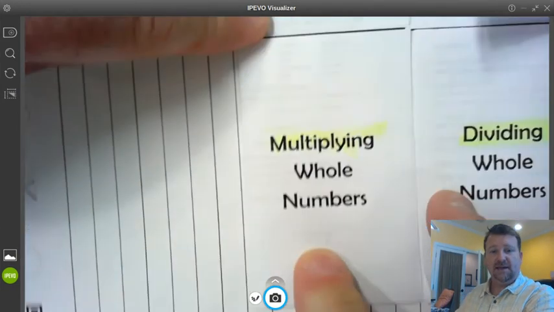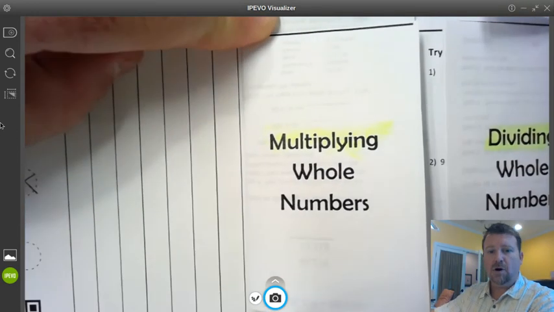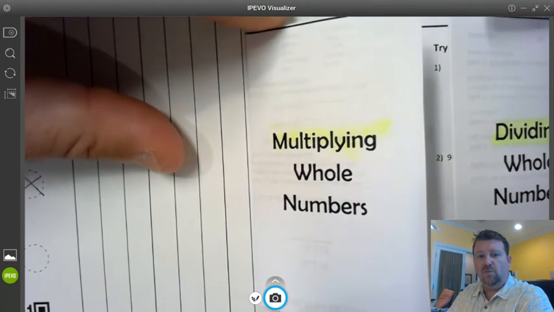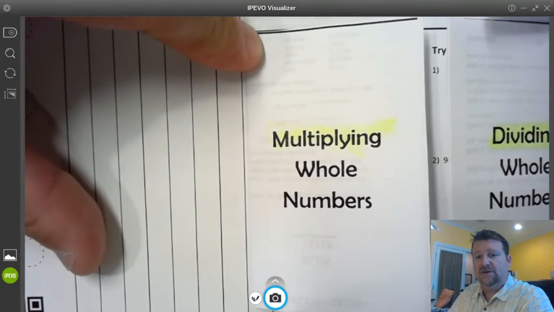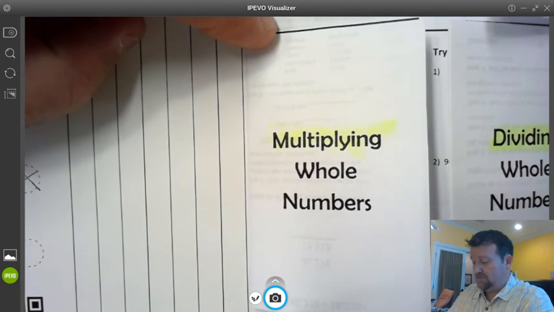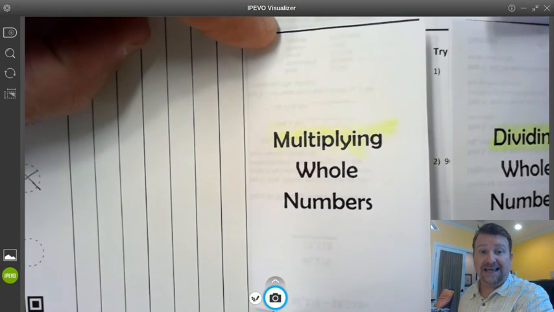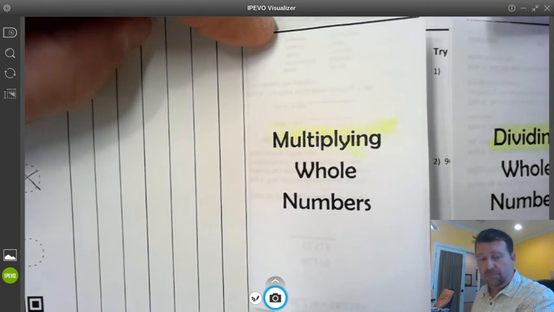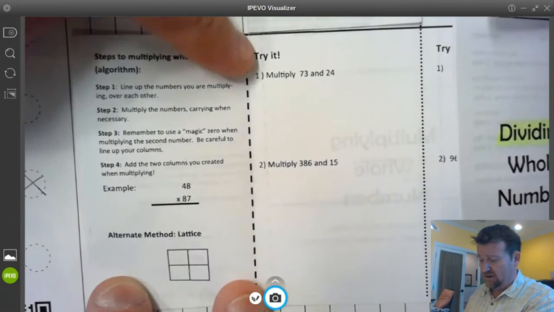Welcome back again. On our next video today, I'm going to talk about how to multiply whole numbers. When we multiply whole numbers, it's really important that we line up place values again. And keep in mind that there's really two ways we talk about multiplying whole numbers. One of the methods is the standard algorithm, and we will talk about that. But a common one we also like to use is lattice, and lattice is very helpful for a lot of